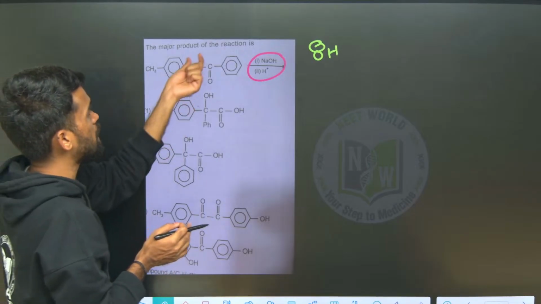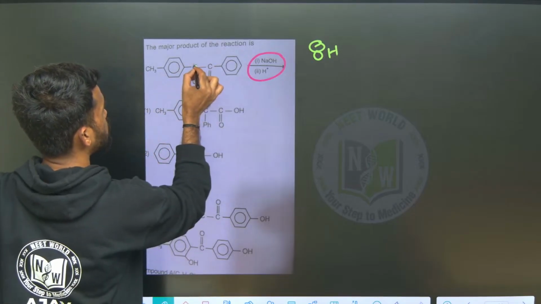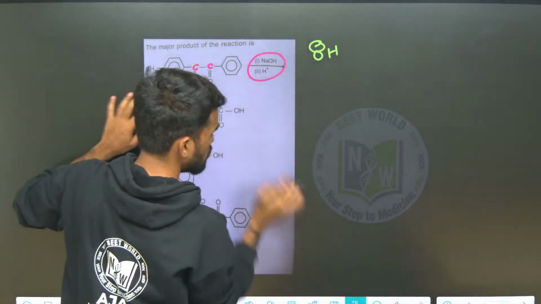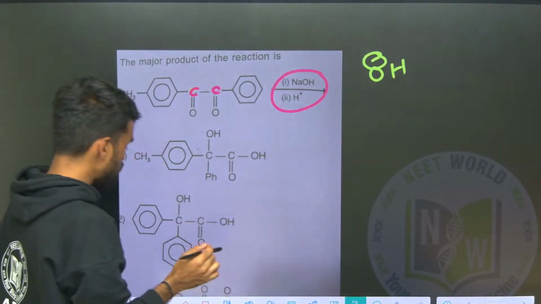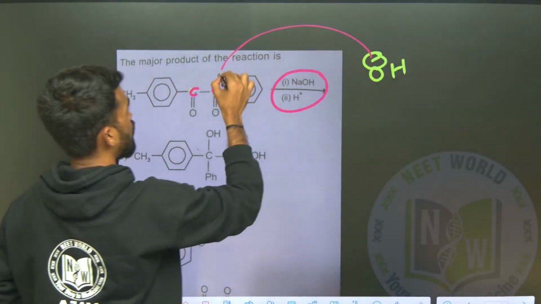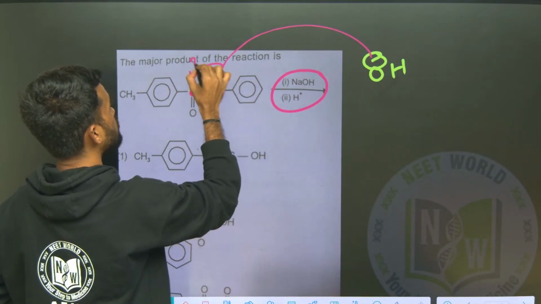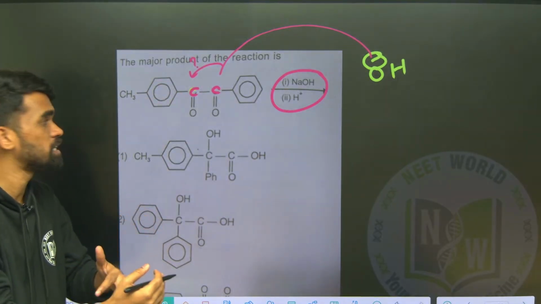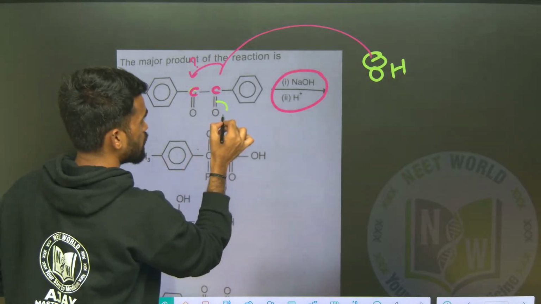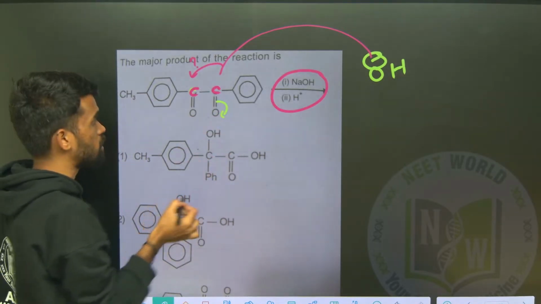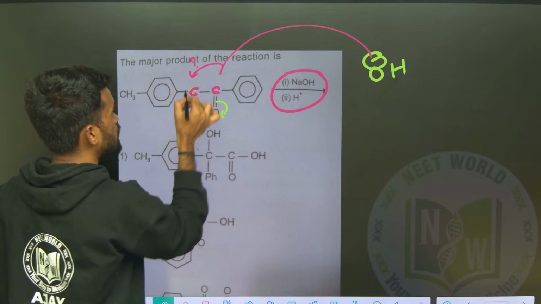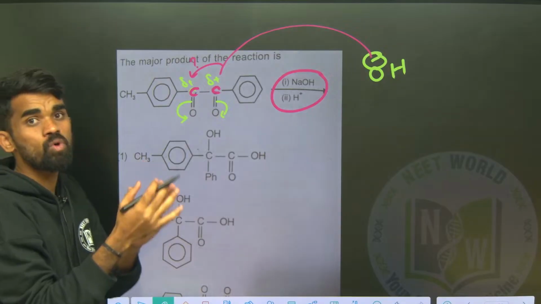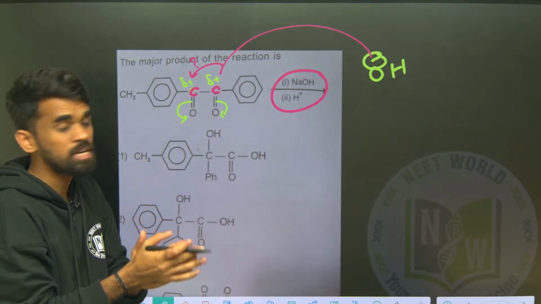So now identify the electrophilic centers here. These two carbonyl carbons are the electrophilic centers. Where will this OH minus attack, on this carbon or on this carbon? That is the big question here. So identify which is more electron deficient. This carbon has pi electrons that are dragged towards oxygen, and here also they are dragged towards oxygen. Both have partial positive charges, but the one with more electron deficiency, more positive charge, will be this